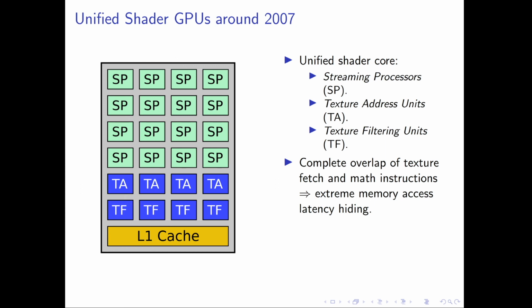On the one hand, there were texture address units, which take care of texture address resolution. When we access our texture with texture coordinates, and we're maybe accessing the texture out of range, then there are certain ways to handle that, like resolving the out of range access by either wrapping around or by assigning a constant border color, for instance. And we had a dedicated unit which would basically be concerned with texture coordinates. And then there was another unit that was concerned with texture filtering, which would imply, for instance, bilinear filtering